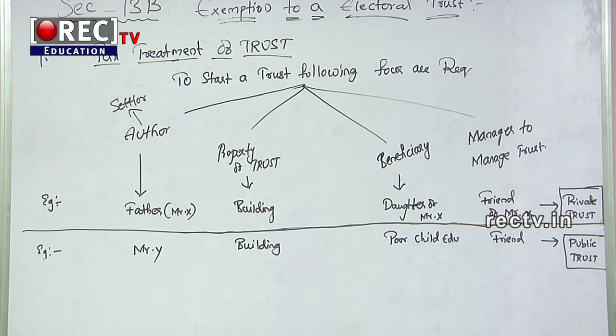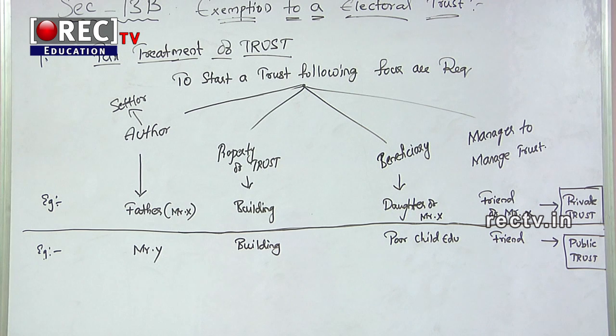If the object is other than GPU, that is general public utility, a business of any size is allowed. So the 25 lakhs amount relates only to general public utility. Now, source of income to a trust. How does the trust get income to provide charity? Income from assets held in trust, that is, if we have taken the property of trustees, a building, you can take it as rental income. It is also income to the trust.